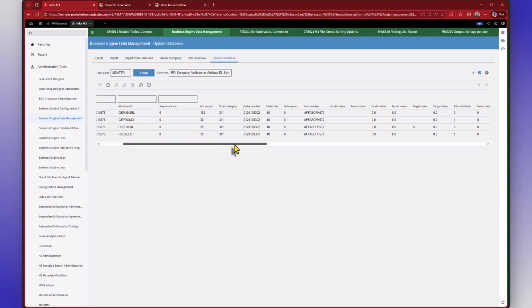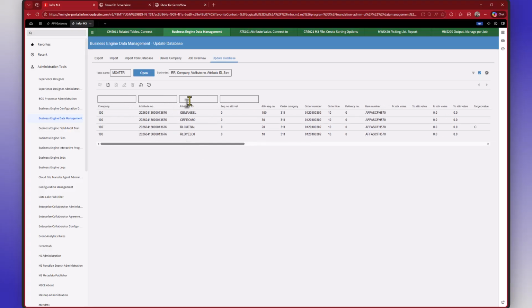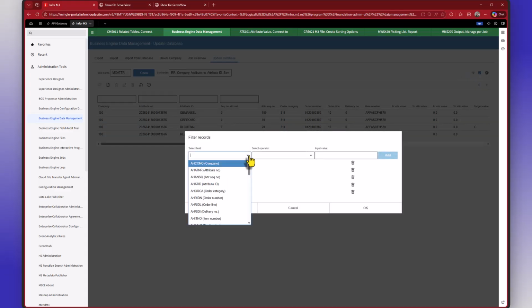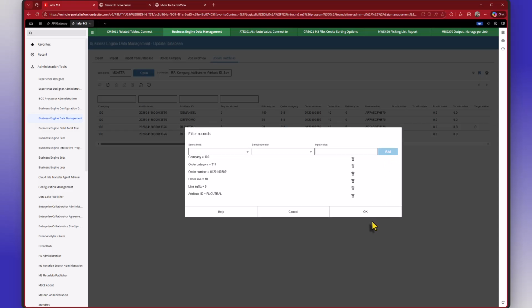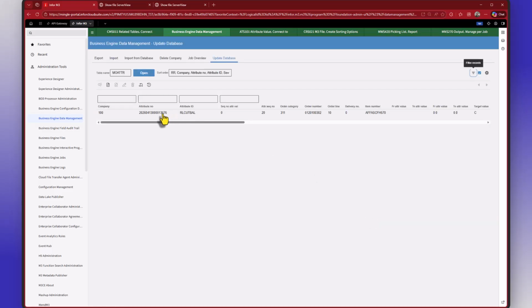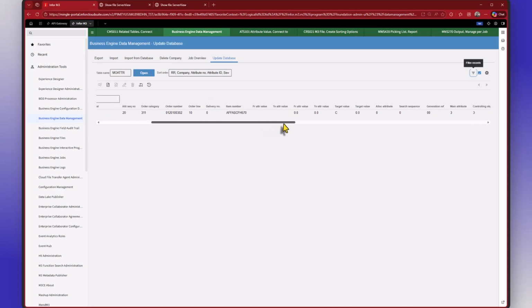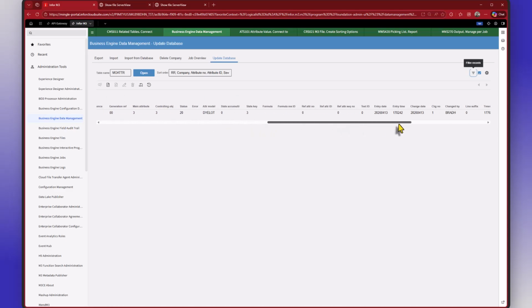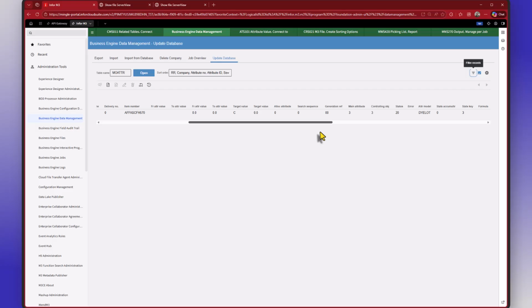Now, the other attribute that we're going to want to bring in here is the actual attribute ID, because now we want to narrow it down to just this RL cut val one. Here is one way to do it. There might be other ways to do it, but here's how I'm doing it. I'm going to say, give me just RL cut val. Okay. And now we're right down to the one record I'm looking for. And the column that I want, I believe, is going to be this target value. I'm just going to look and see what else we have here. Target value, which is